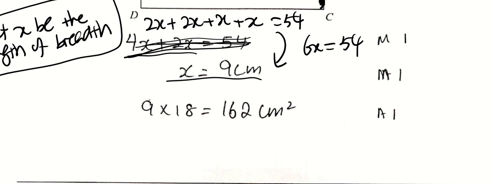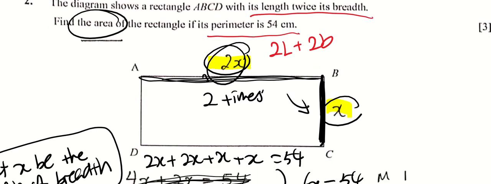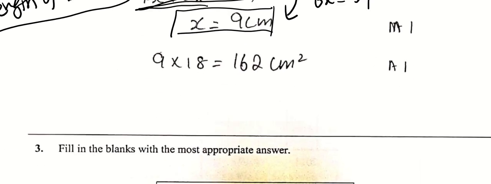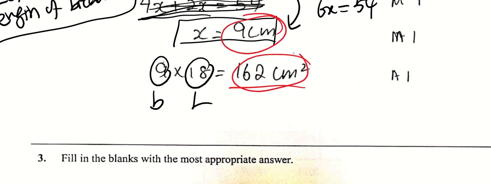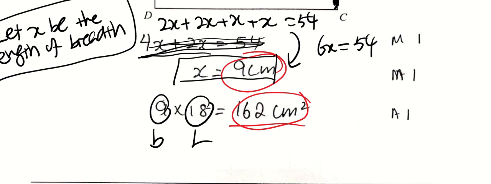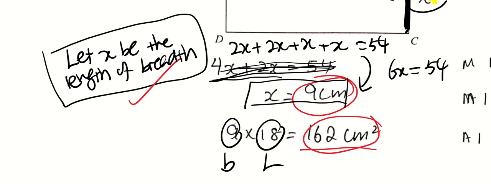Now, is that all? A couple of you actually stop over here thinking that the question is over because, well, you solved for x. Congratulations. Unfortunately, no, because you're supposed to find the area, right? Okay, so here, this is the breadth, this is the length. Okay, so if I see this and I see this, you have gotten the full marks. But technically, you should have this. Okay, I only saw one. Out of the whole class, I remember only seeing one student doing this.